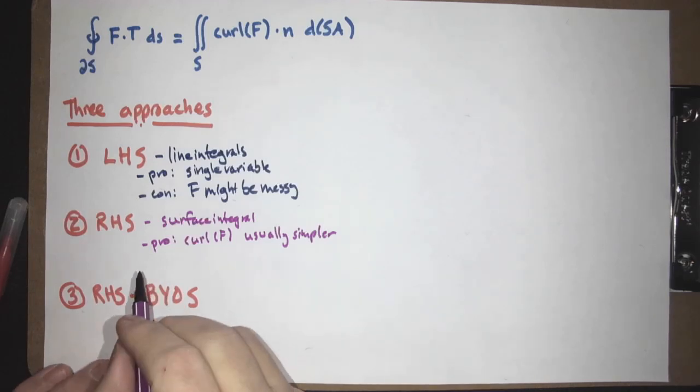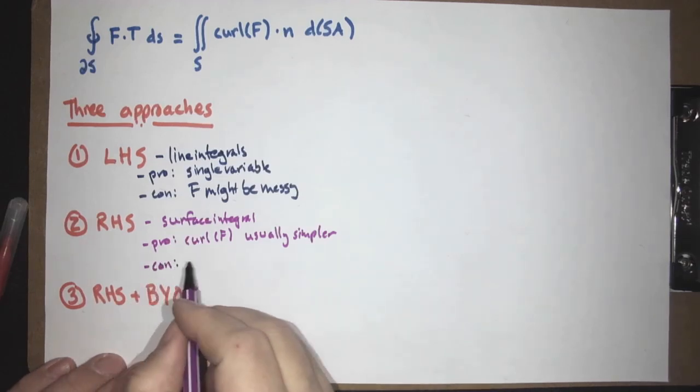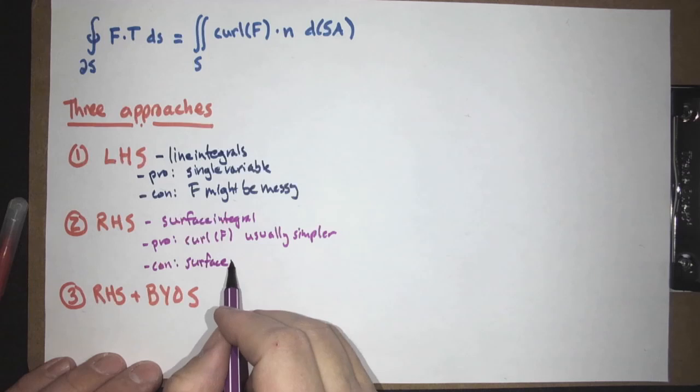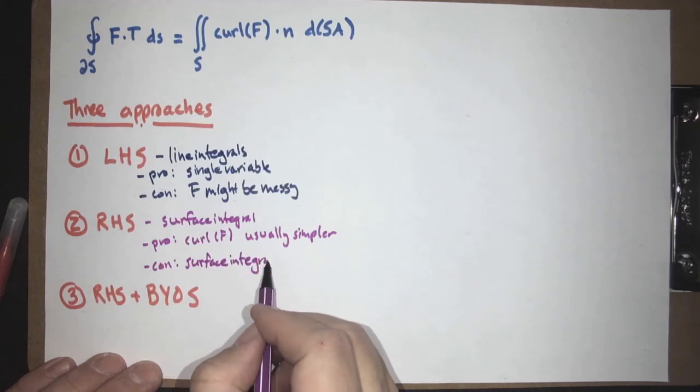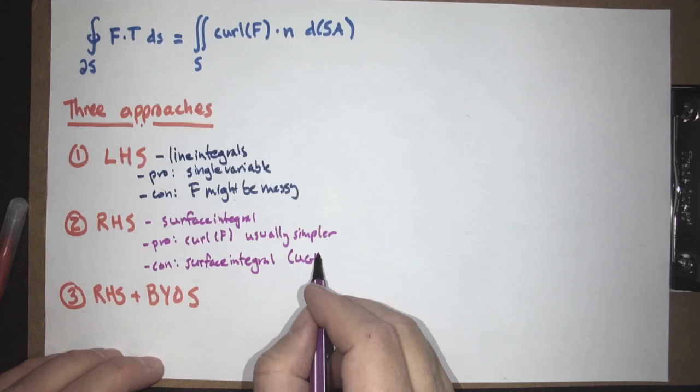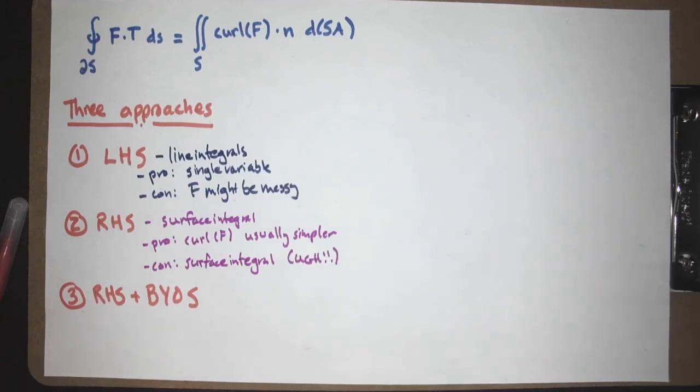Well, what's our con? Well, it's a surface integral. That's harder. And some of the surfaces, oh my goodness. Wow. Ugh. Now that's not a technical math term, but that sort of captures the feeling for some surfaces that we see. Okay, now there's a third option, which is use the right-hand side plus